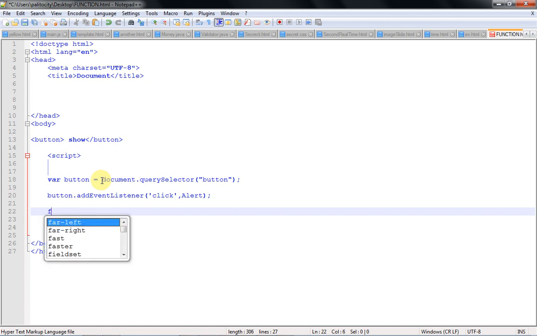I still need some other brackets, which they call the curly braces, and inside here is the body, the function of this alert. This is where I'm going to specify it. I want to call a special method which is called alert,